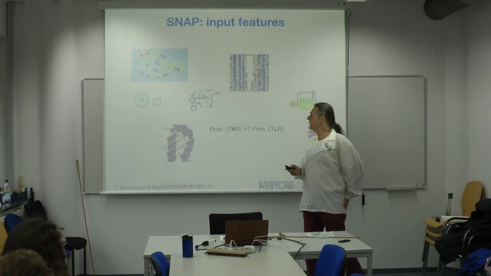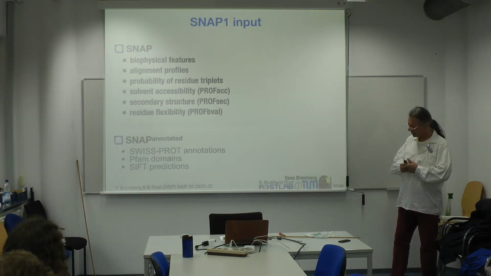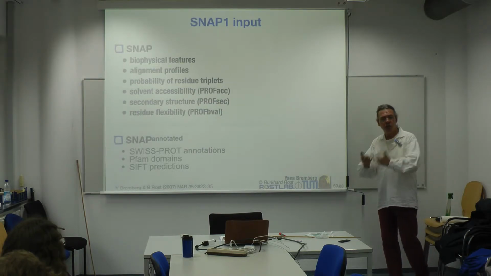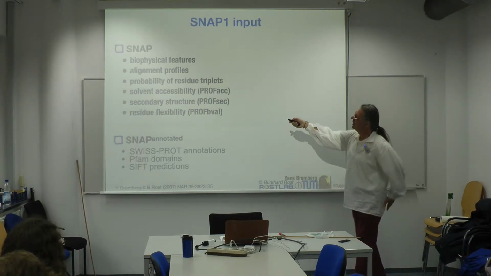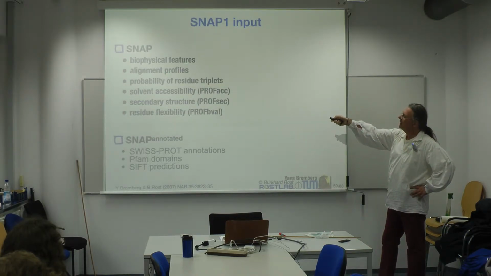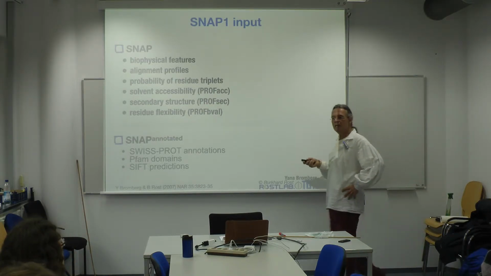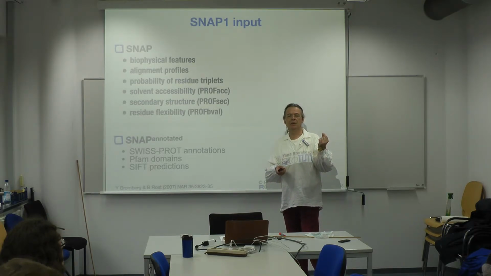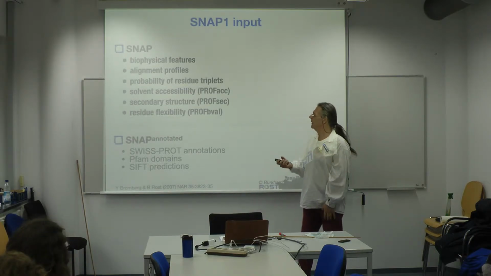It's not true that I only use this delta feature, because that was not the best. Sometimes we have a mixture of these delta features. The delta feature doesn't work here, but the delta feature is for biophysical features, for solvent stability, secondary structure, residue flexibility. Delta means I put in the other residue, the variant, the SAV, and I predict again secondary structure and I ask, are these different? And that's the delta, right?